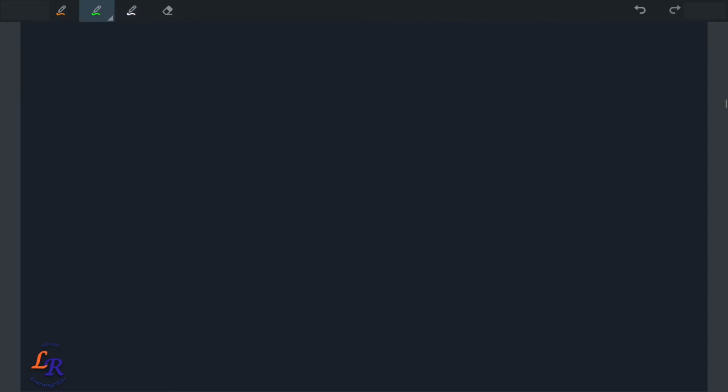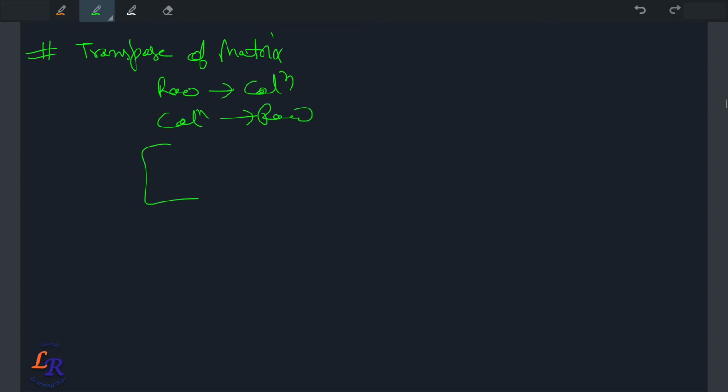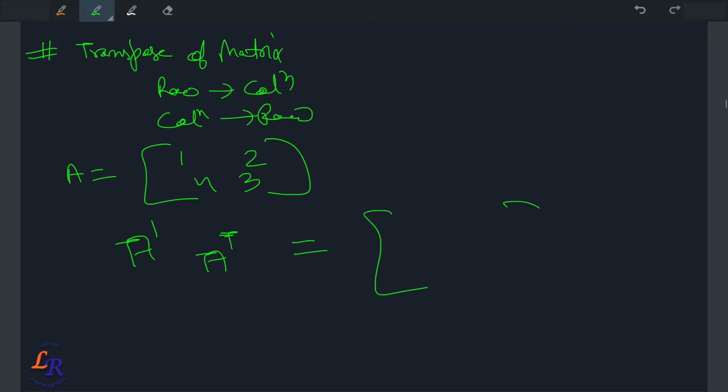Also, we have seen the transpose of a matrix. What was that? A matrix transpose is when you convert the rows into columns, and columns become rows. So for example, take the matrix 1 2, 4 3. Let's say it is A, then the transpose is written as A dash, or sometimes as A to the power T. You convert the rows into columns: 1 2 becomes the column, and 4 3 becomes the other column. That becomes the transpose of it.